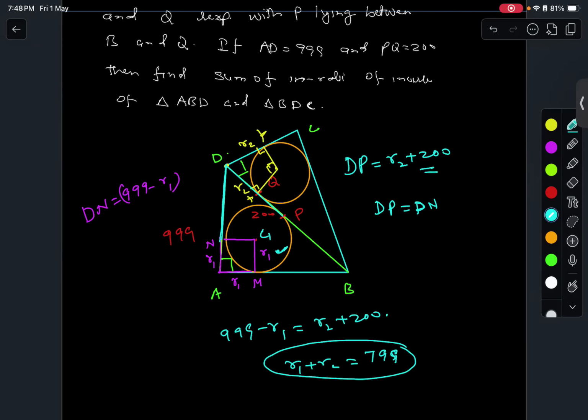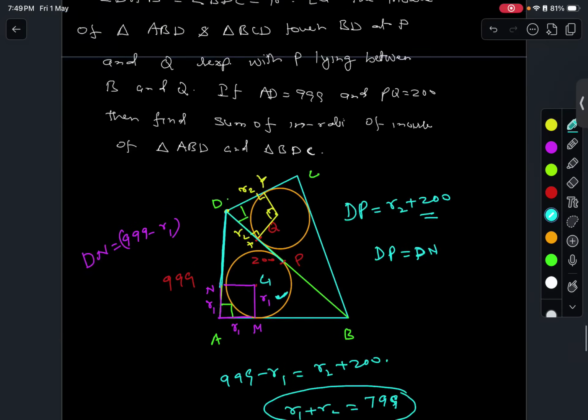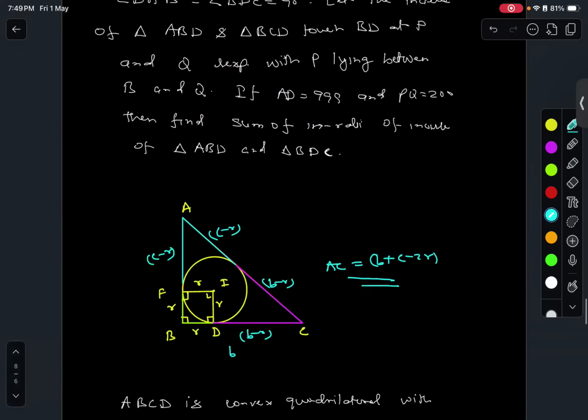ज्योमेट्री का एक ही चीज है, ज्योमेट्री रिक्वायर 3 P's। 3 P's are required for geometry. What is that? First P is practice. Second P is more practice. Third P is more and more practice. That's it. सर वो 1P और 2M है ना? हाँ, केवल P पर ध्यान दे बेटा।